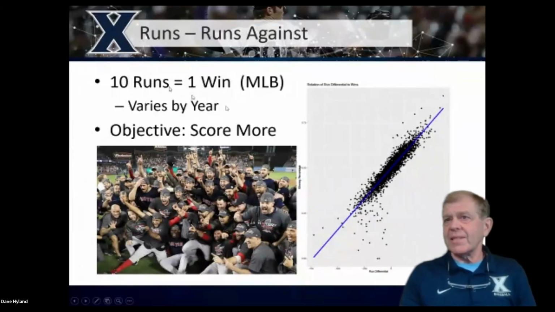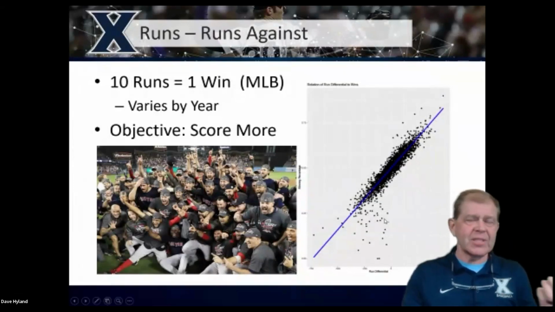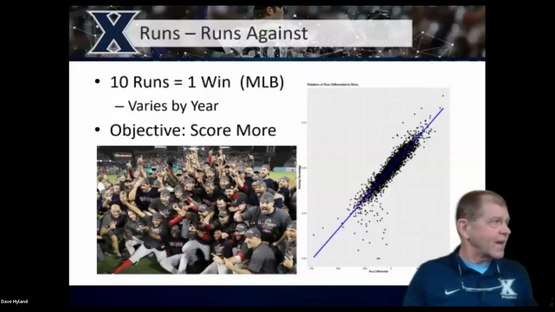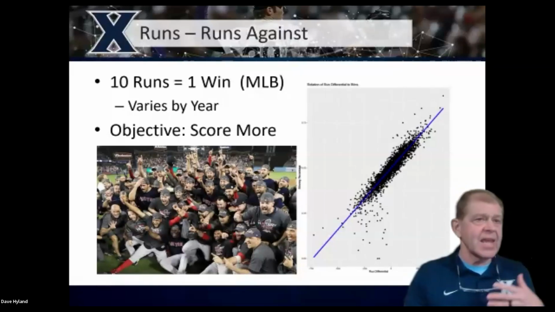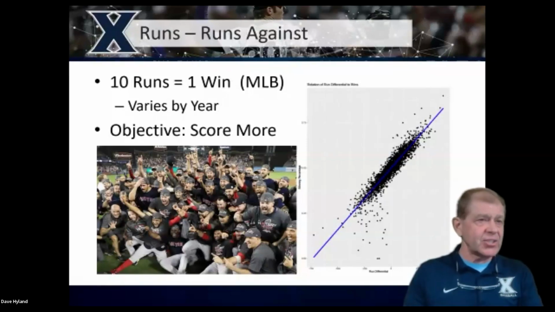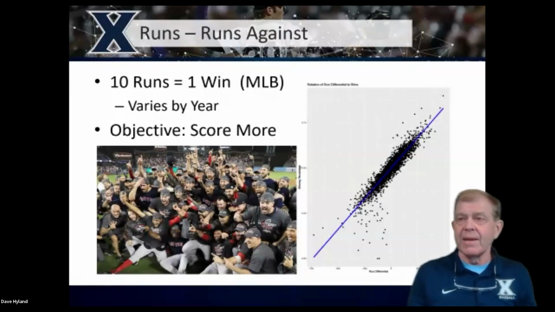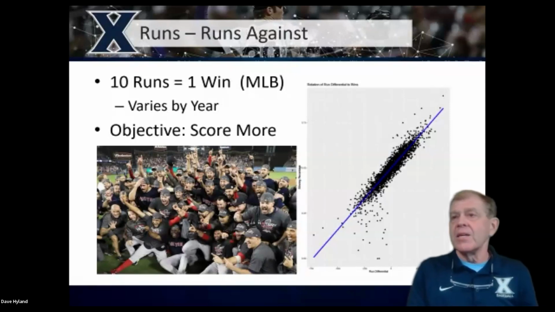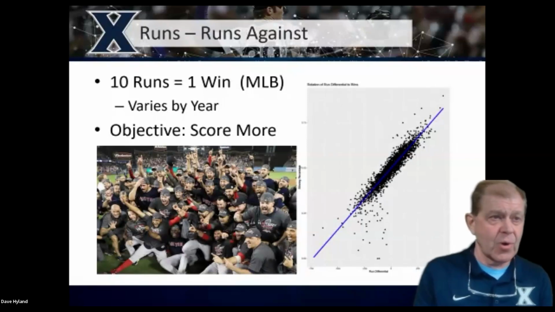Well, one of the things that we think about in studying baseball is that we've got this basic concept that for every 10 additional runs, or any 10 additional runs prevented, I should get one more win. And that's not theory. That's just something that we observe over time. So why not one run, one more win?